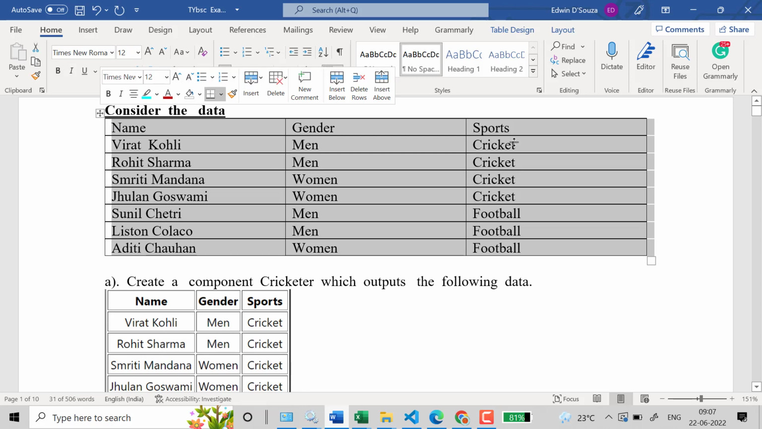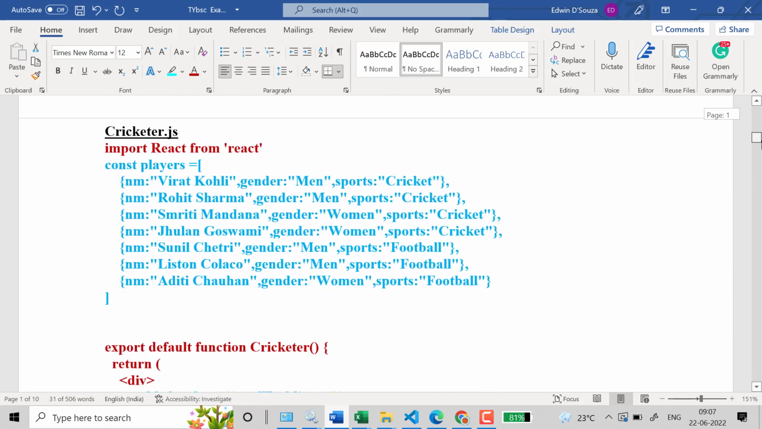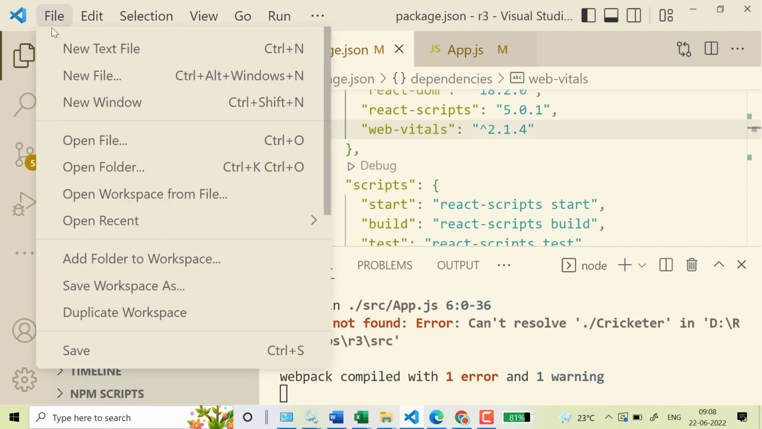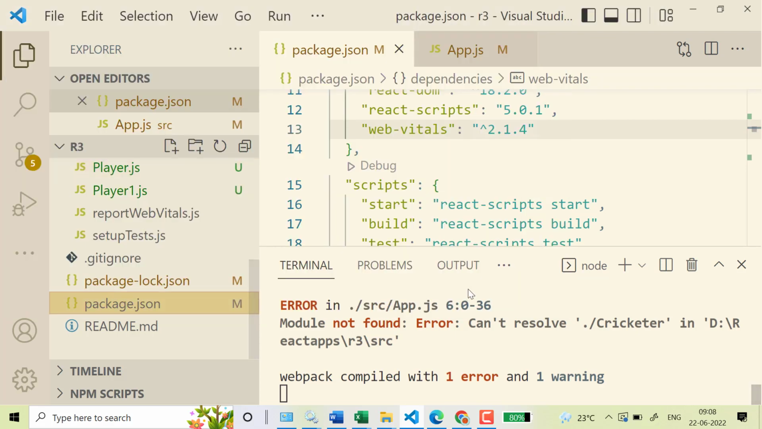So now we have a solution done by representing the players in the table by a JavaScript array, and by creating a component. So I'll go for this implementation now. So I open the React Apps R3 application which was done earlier,